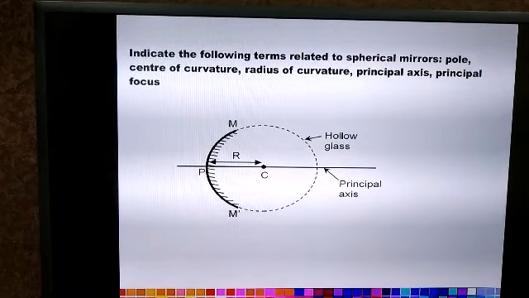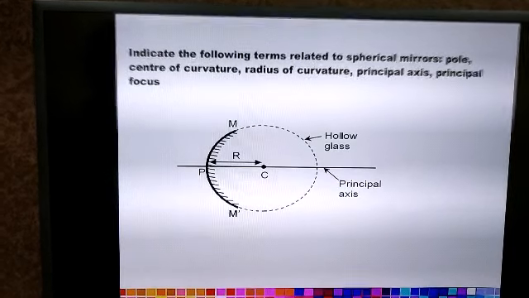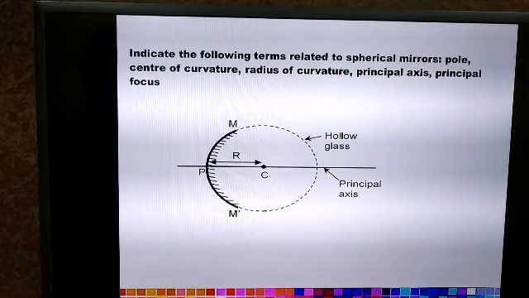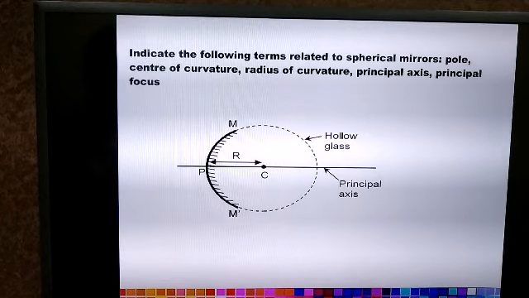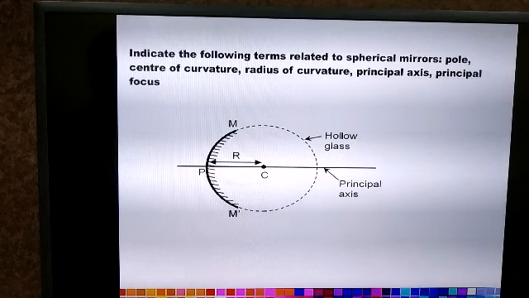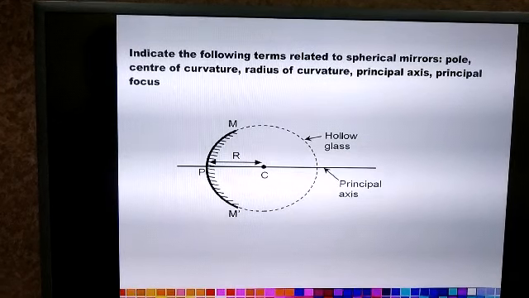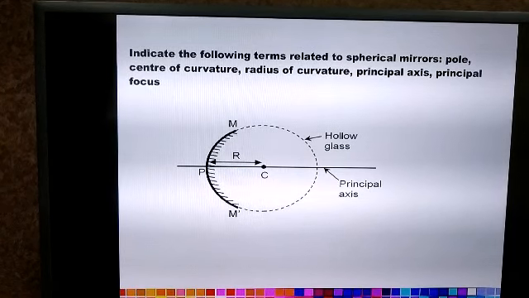Okay, you know that whenever spherical mirrors are made, they are given a paint, silver paint from inside, and in order to protect that silver coating, an orange paint of lead oxide is applied on the silver coating in order to prevent the silver coating from wearing out. Okay, so the outer surface is the reflecting surface.